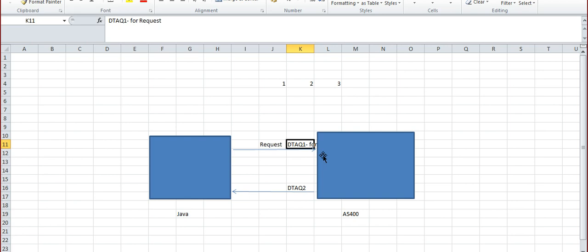The moment data comes, it will take you. It's like a traffic police: whenever you break your signal, a camera is monitoring you 24 by 7, and the moment you break it, they will catch you.